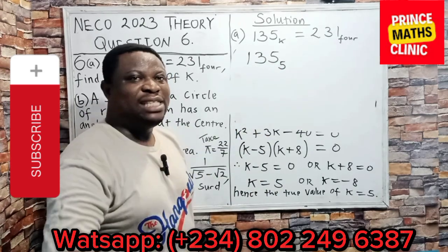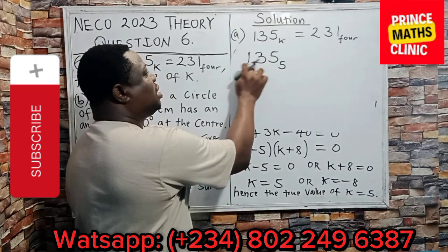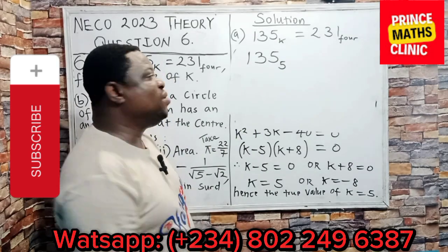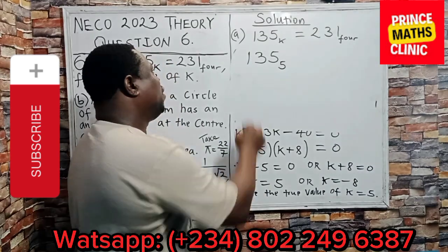no digit in the number is permitted to be the same value as the base. I will take that again. In a base system, no digit in the given number is permitted to take the same value as the base. Let me cite an instance. For instance, in base